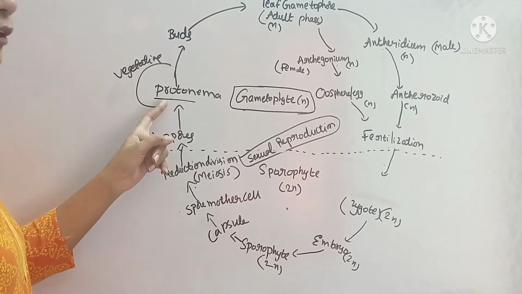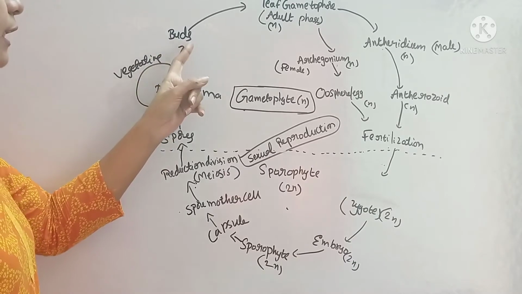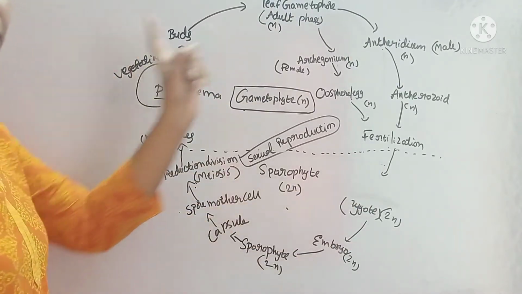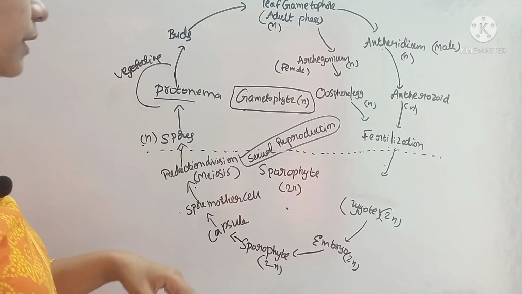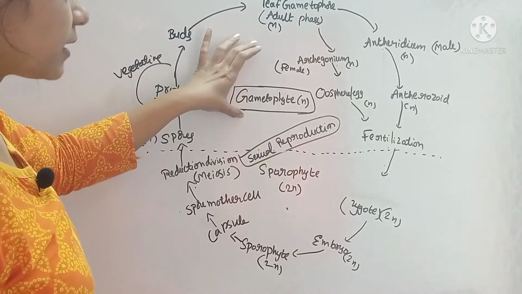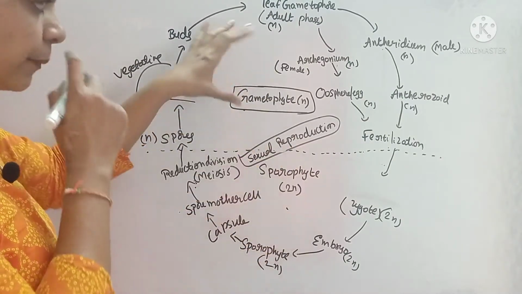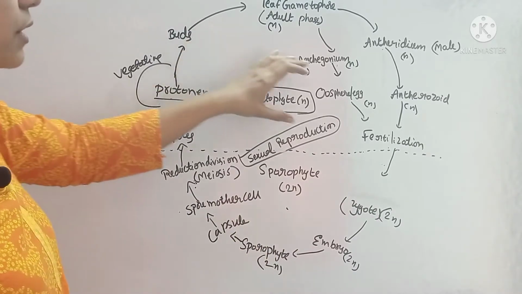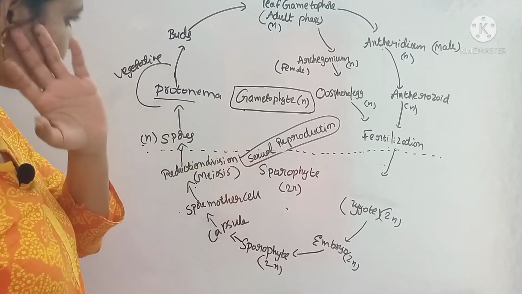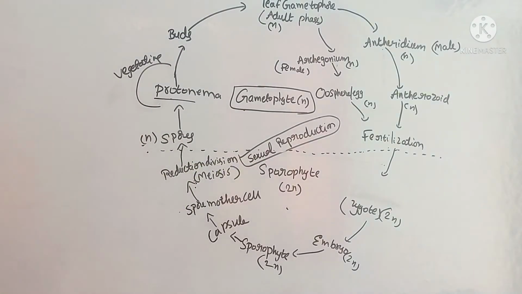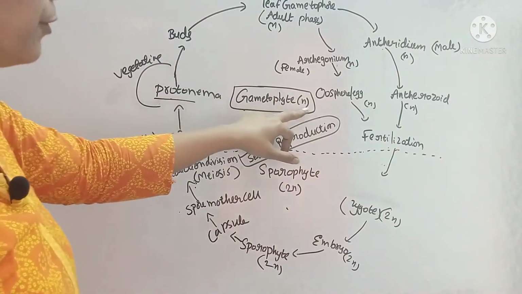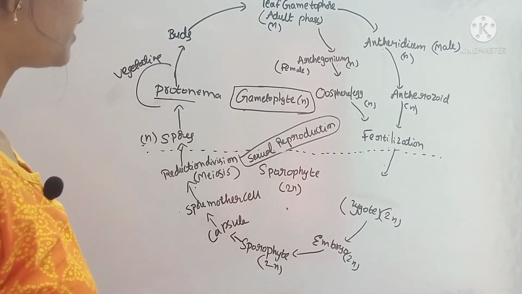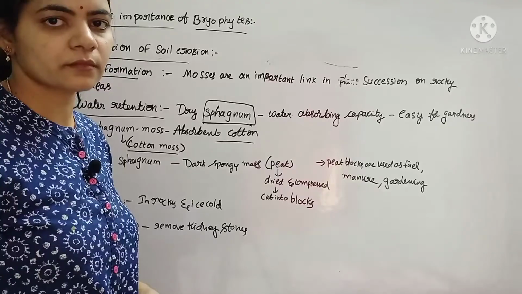These spores will grow into protonema. Protonema develops buds. From these buds, a leafy gametophore forms like this. The life cycle of the mosses will be in this form. Here the gametophytic stage is the dominant one. The sporophytic stage depends on the gametophytic stage for food. The gametophytic stage produces sex organs, and this gametophytic stage is in haploid condition and the sporophytic stage is in the diploid condition. With this we have completed the mosses.